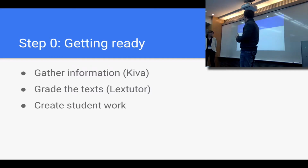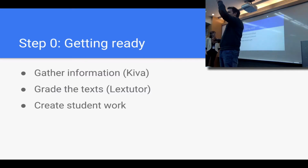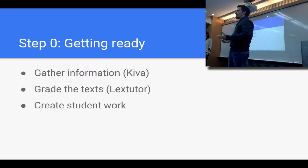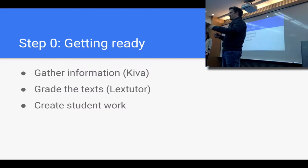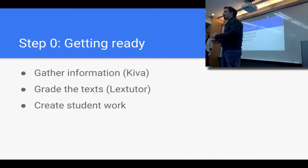And you have to grade the texts. We use LexTutor to do this. It's a very useful website where you can basically paste or type in a body of text, and then it profiles it using frequency word lists, right? The idea with frequency word lists is that words that appear more frequently, you can assume the students will most likely know, and words that appear less often are ones they're less likely to know. So if you split those word lists into groups of 1,000,